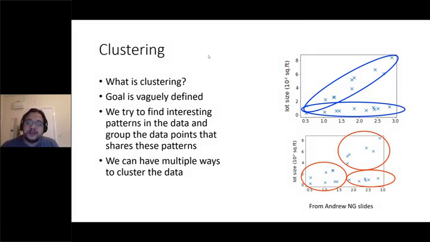With unsupervised learning, we want to find out if there are multiple interesting structures in the data. Does the data follow a certain pattern, or we can call that a probabilistic distribution? For example, with this data, we can use clustering. Clustering is one aspect of unsupervised learning, and it's not the only one. We have multiple ways of doing unsupervised learning.